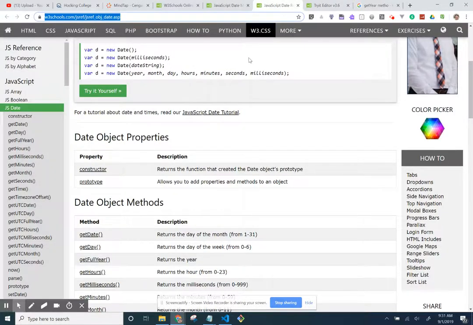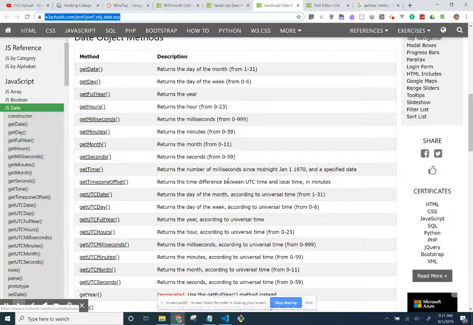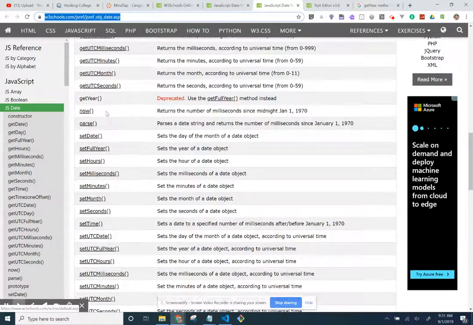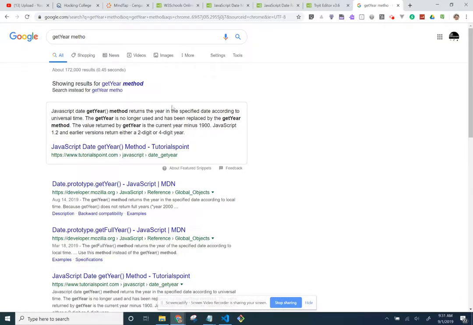And this is what I found out when I paused it to do a little research. It's like, what happened here? What am I not getting? When you look for getYear, I'm in W3 Schools. It says it's deprecated. So to use the getFullYear method instead. And I did a little bit more research, looking up the getYear method. So this says getYear method returns the year in the specified date according to universal time. It's no longer used and replaced by the,